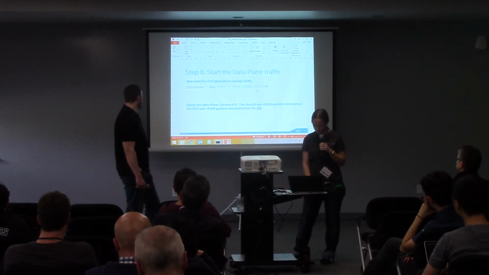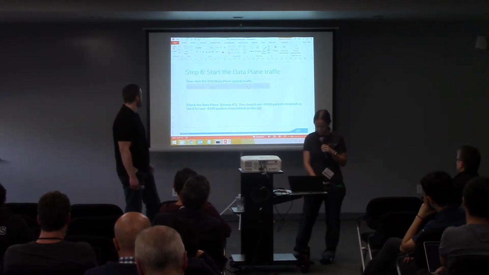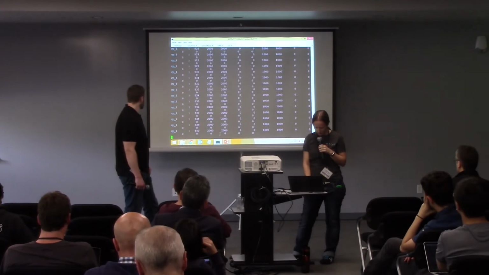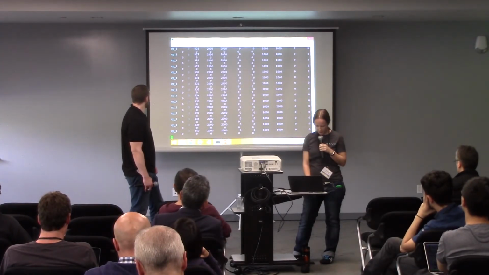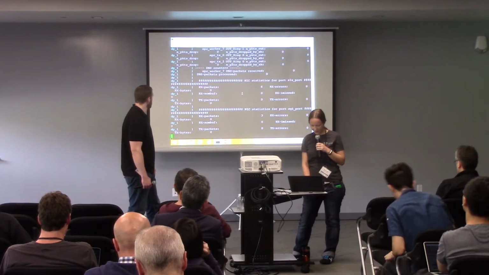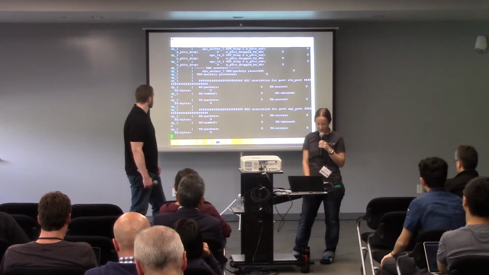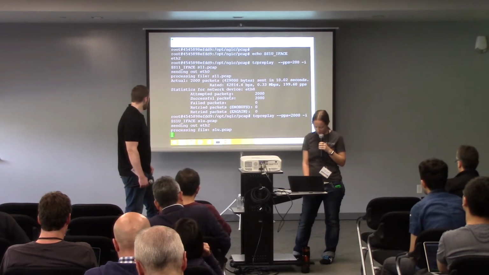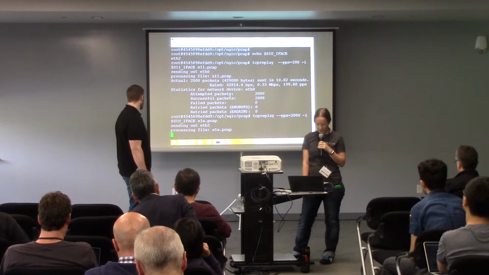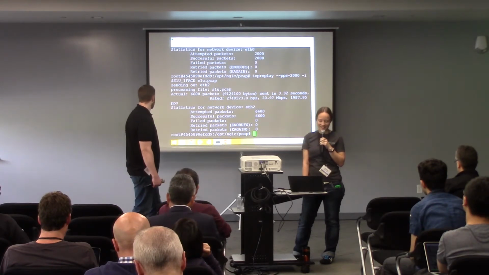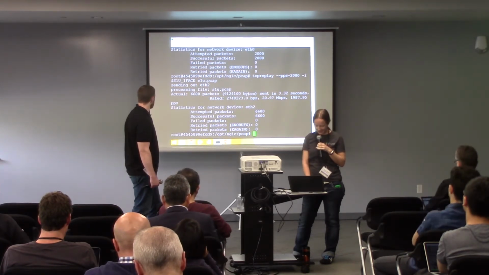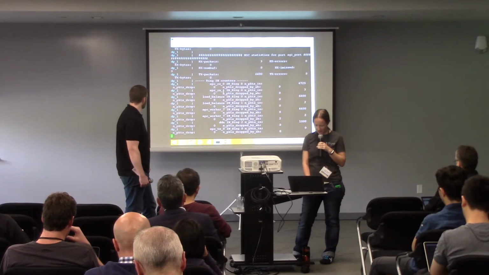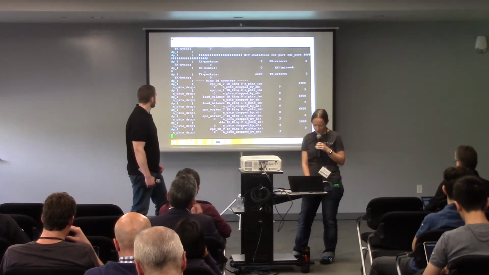All right, S1U. Going back, right now the data plane still has 0 or roughly 0 packets. So, generating, replaying some S1U packets. We go back to the data plane, and when that screen refreshes, you see that we have